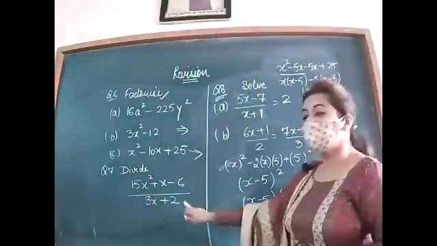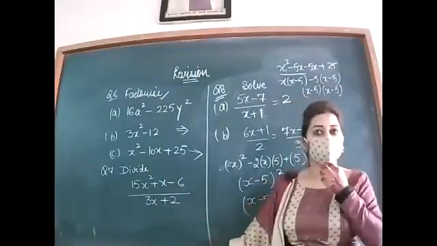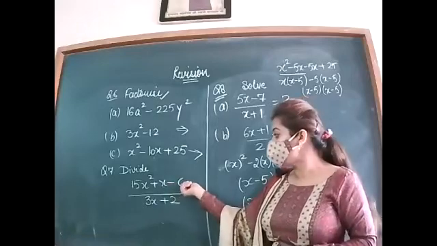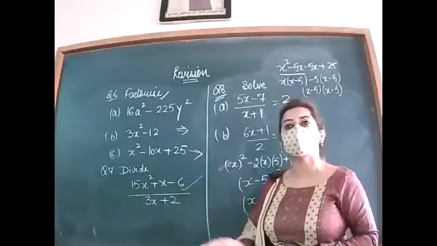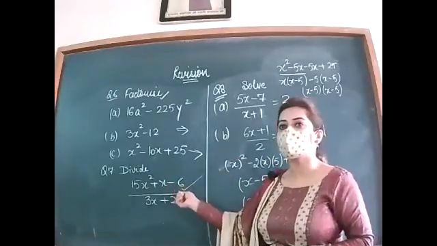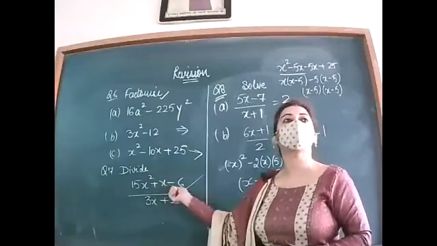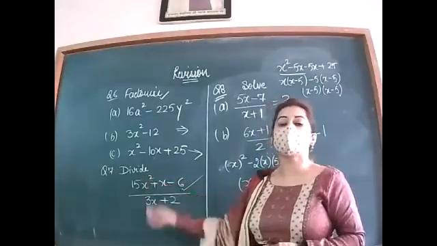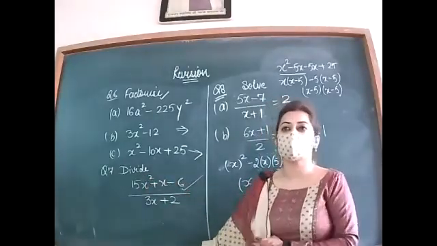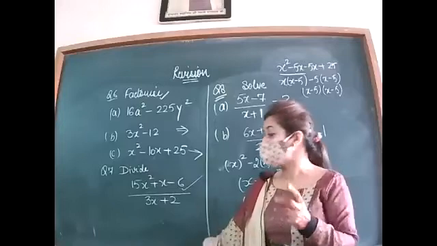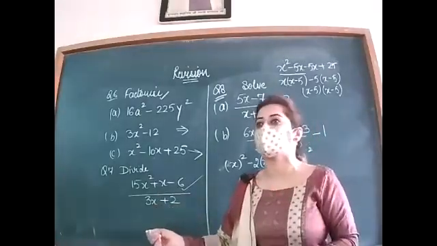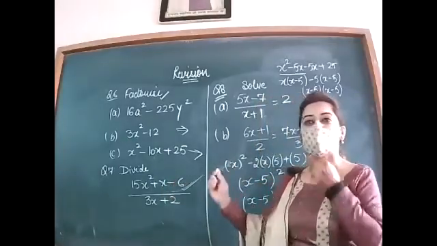Start the next question. In this, you have to divide. How you will divide this? You will make the middle term splitting in the numerator. After middle term splitting, when you take common, you will have 2 different brackets. You will have 2 factors because the power is 2. And in case of the quadratic expression, you will always have 2 factors. So one will cancel out with the denominator and one will be pending. That is your answer. So apply middle term splitting.